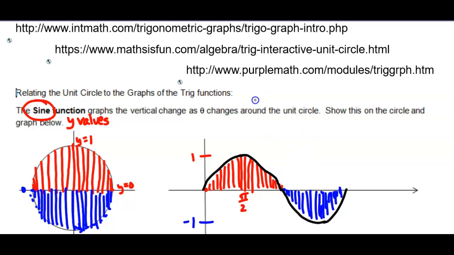But all the way around would be a value of 2 pi. Halfway around here, where it switched from red to blue, or positive to negative, was pi. Where it hit a peak here was pi over 2, and down here at the bottom is 3 pi over 2, and that would be here, or 1.5 pi, or 270 degrees. But we always measure, this is theta in radians. Okay, and this was the sine value